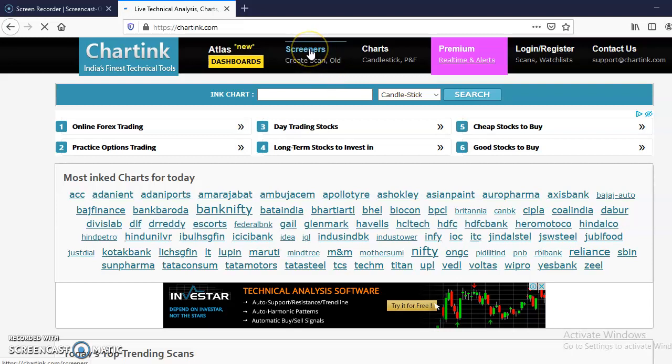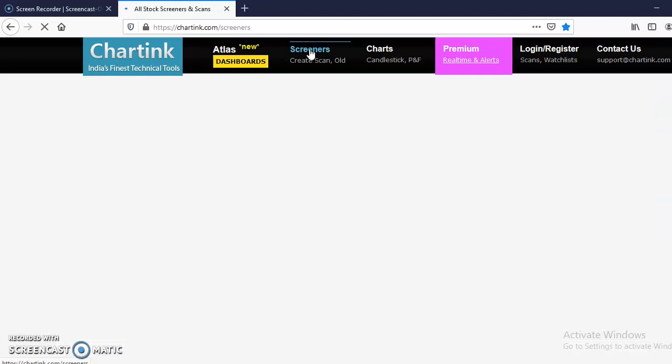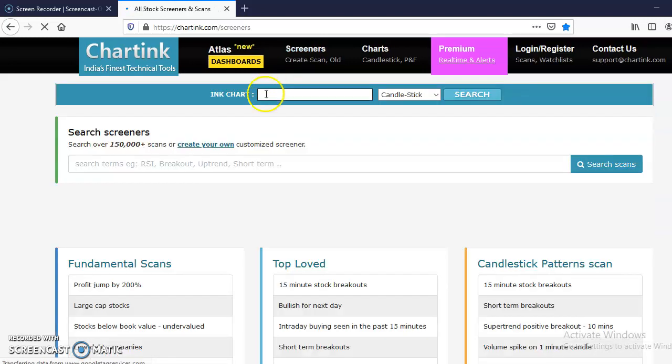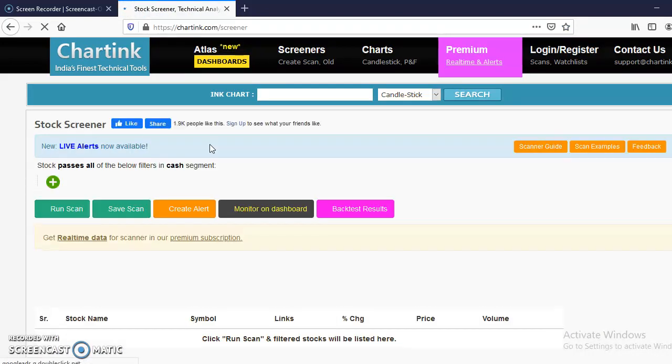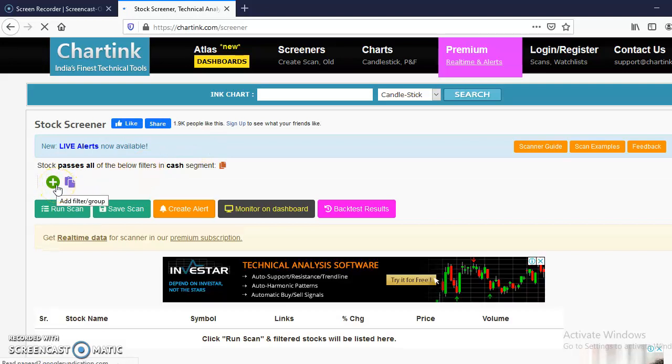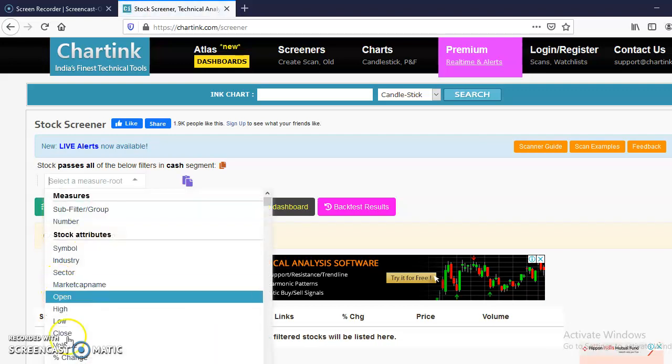So we'll search ChartLink on Google and click on screens. As you can see, screens. Then we'll try to create our own screen, which we can create according to our liking. There's a plus button. Just click on it and type latest volume